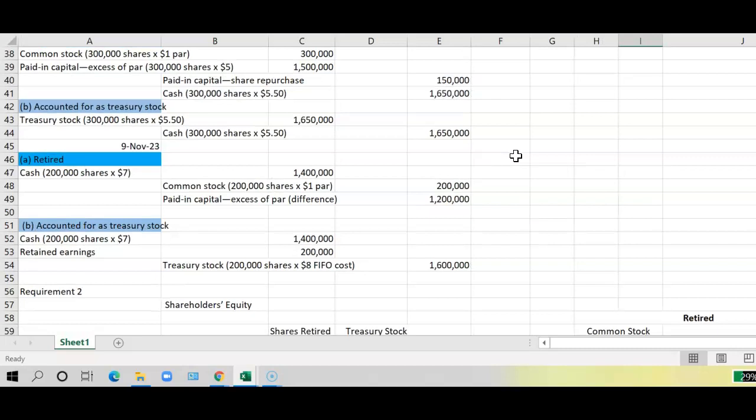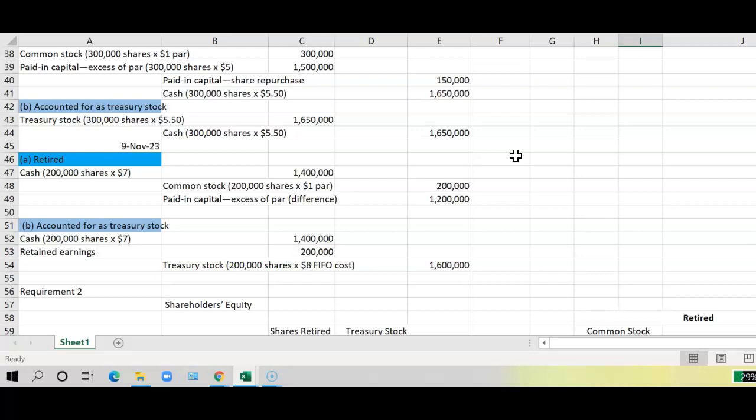Now, when they sold their reacquired shares, they sold them for $7 per share, and it was 200,000 shares using the FIFO method. So you would debit cash for 200,000 times 7, which is $1.4 million. However, you credit treasury stock for 200,000 times 8, which you originally paid in 2021, for $1.6 million, and you debit retained earnings